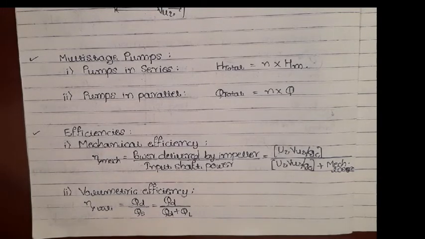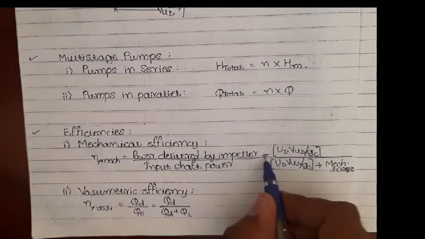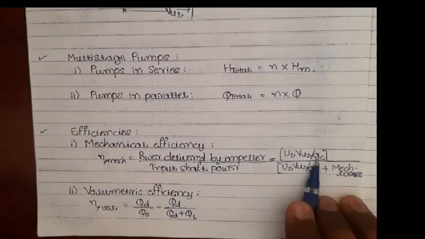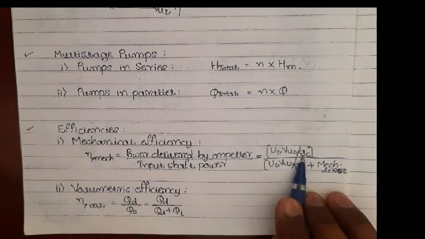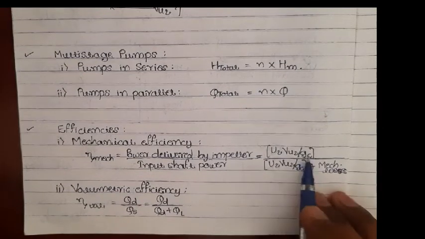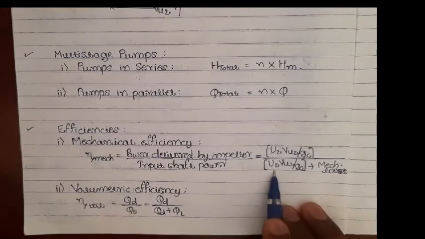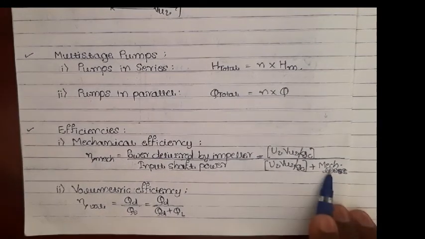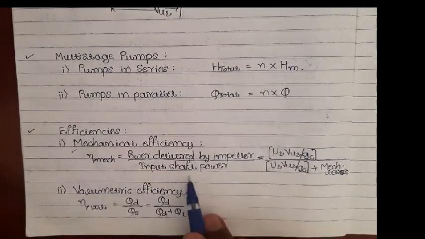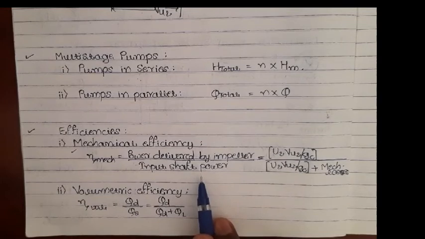So what is the output here? It is the power developed by the impeller. What is the input? The shaft power is the input that we supply. So if I write it in terms, I shall say U2 VU2 by g_c is the power delivered by the impeller, or power developed by the impeller, or head developed, or pressure change. All these terms are true for that, divided by the same plus the mechanical losses. Generally mechanical efficiency will be close to 100% because of all the sophistication that has taken place in the material world, so it will almost be 100% in most cases.